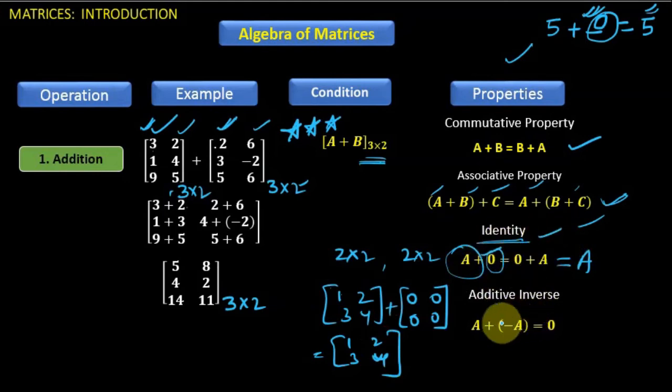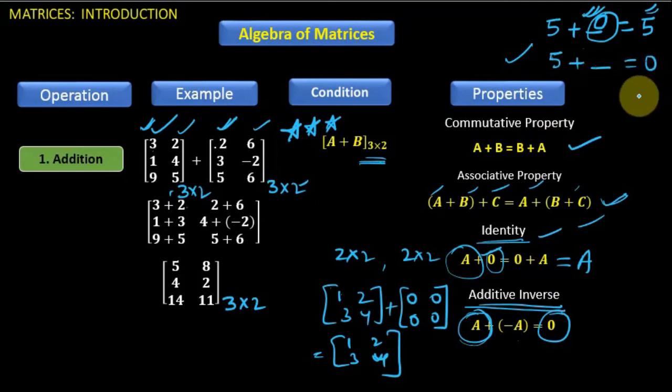Now additive inverse. Inverse means what here? What I should add to get the 0 matrix, right? Suppose A is the given matrix, for that what I should add to get 0? For example, if I take the natural number 5, then what should I add to this 5 to get 0? Obviously the negative of this number, right? Plus 5 minus 5 gets cancelled, I will get 0. So here also, the additive inverse is minus of that matrix, right?